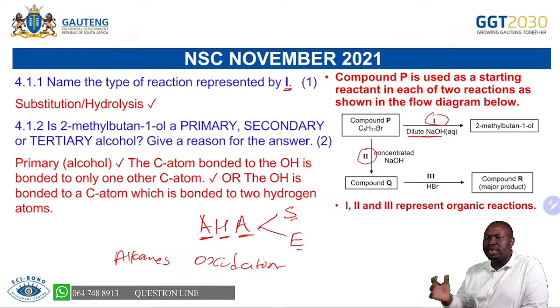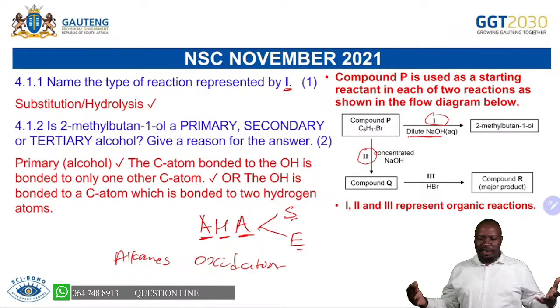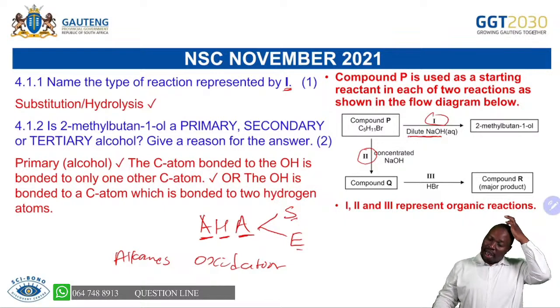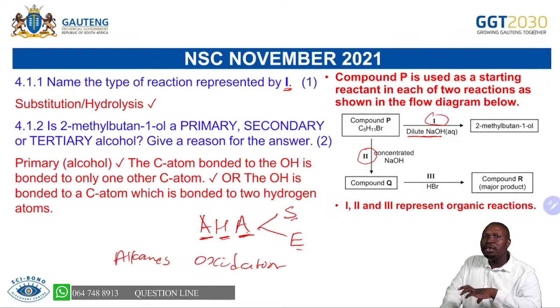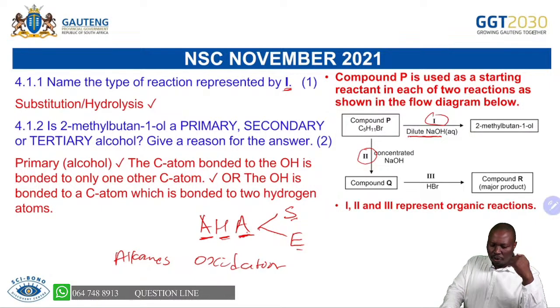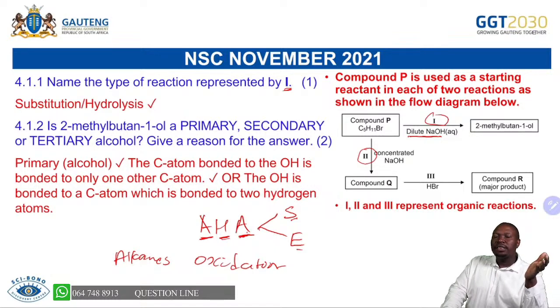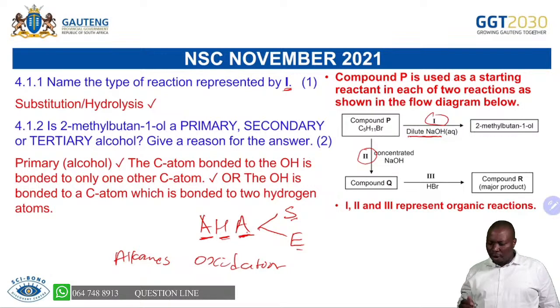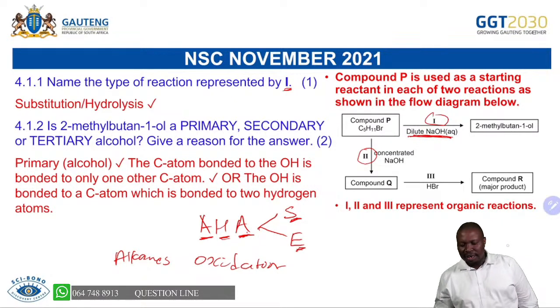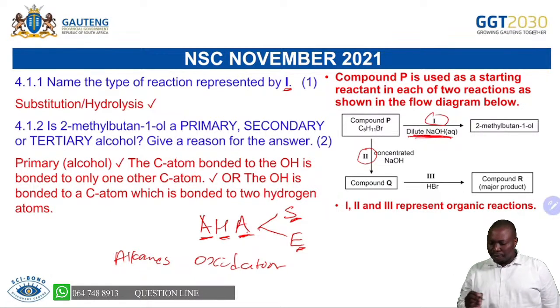I want you to have that understanding, so that every time you see alkanes, haloalkanes or alcohols, you know that they will undergo substitution or elimination. And alkanes can also undergo oxidation. But when you see a haloalkane, you know that it will undergo substitution or elimination. And if you check there, we're given a dilute sodium hydroxide. A dilute sodium hydroxide tells you that there is what we call